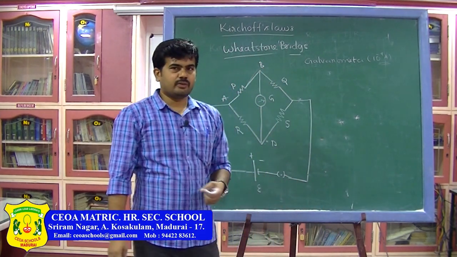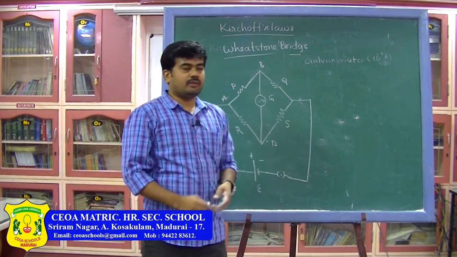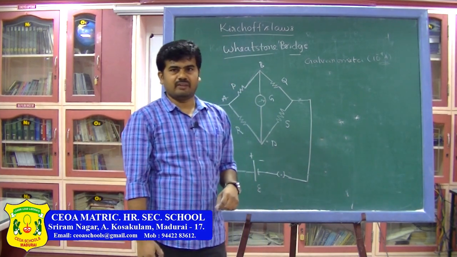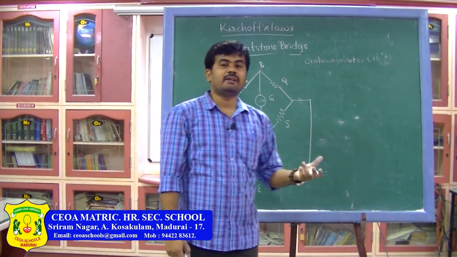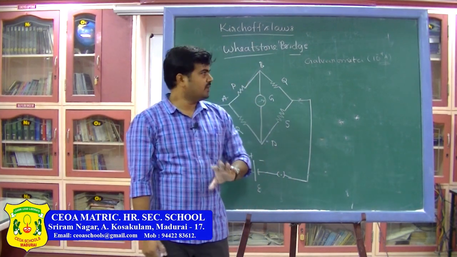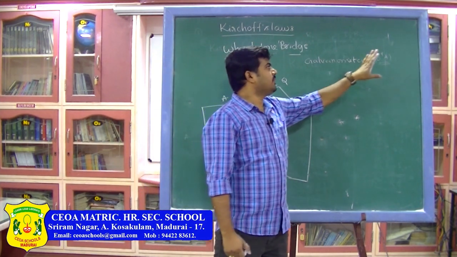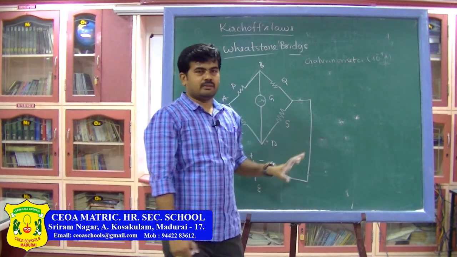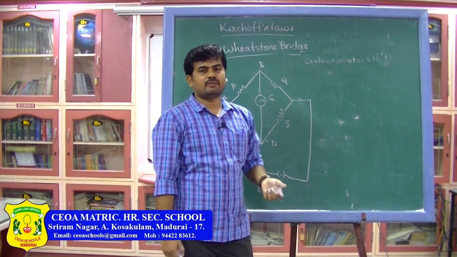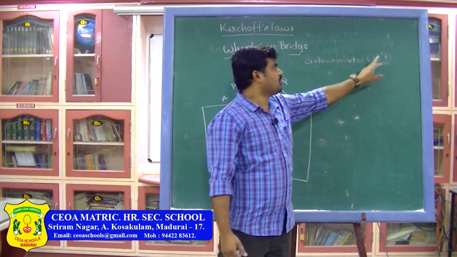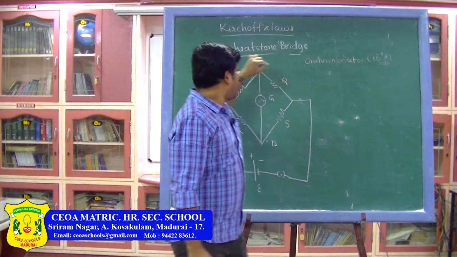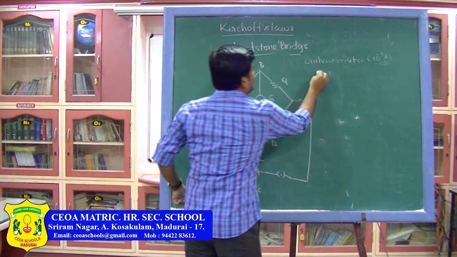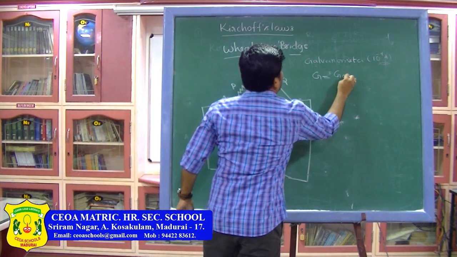It is a very sensitive instrument and it works based on the torque acting on a coil in a magnetic field, in a uniform magnetic field. So that you will study in the magnetism chapter. For now, just keep in mind, a galvanometer is a device used to detect the current in the circuit, means very small values of current in the circuit of the order of 10 to the power of minus 9 ampere. So here the galvanometer is connected between the points B and D, and here capital G is the galvanometer resistance.